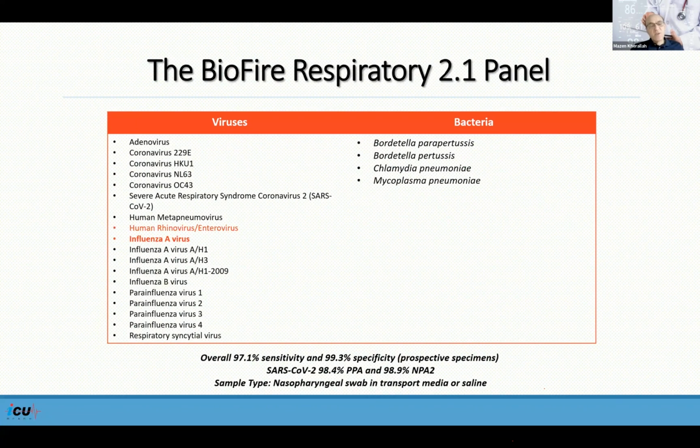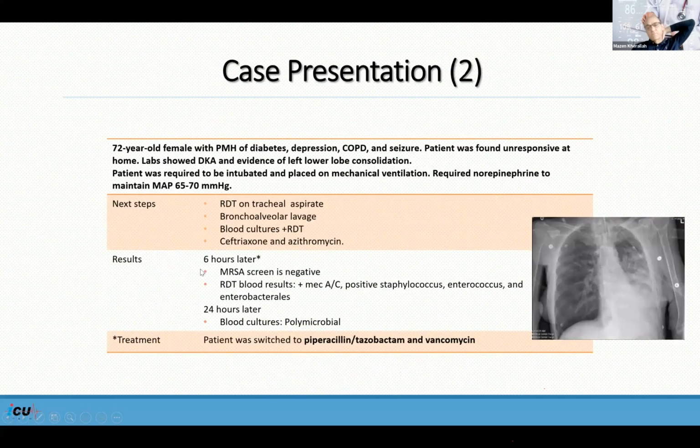So the test for this patient came back, as you see here, positive for influenza A virus. And as I said, you cannot differentiate the rhinovirus from the enterovirus by using this test. So the test came back positive for both rhino and enterovirus. So in this case, it helped us to de-escalate antibiotics and make sure that the selection of antiviral medication was